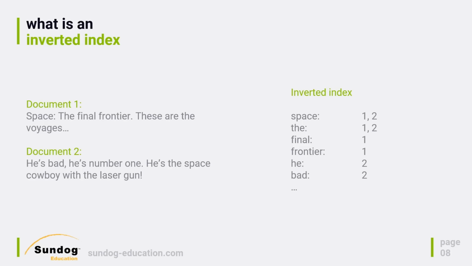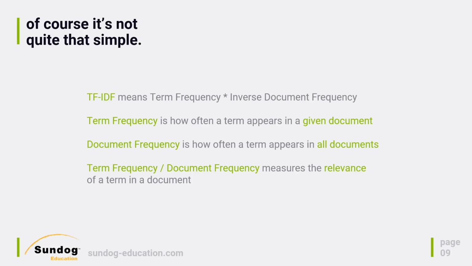So the word the is going to be a very common word in every single document. So how do I make sure that only documents where the is like a special word are the ones that I get back if I actually search for the term the? Well, that's where TF-IDF comes in. That stands for term frequency times inverse document frequency. It's a very fancy sounding term, but it's actually a very simple concept. So let's break it down. Term frequency is just how often a given search term appears within a given document. So if the word space occurs very frequently in a given document, it would have a high term frequency.